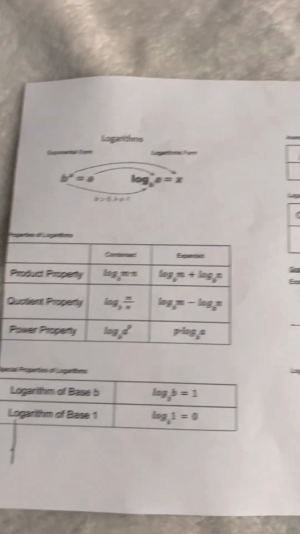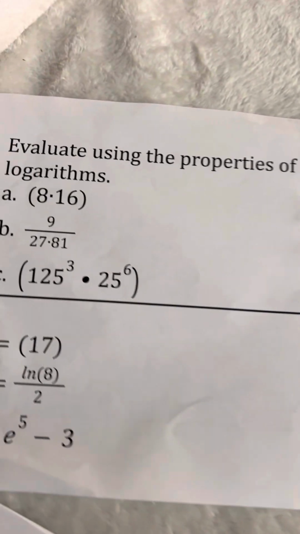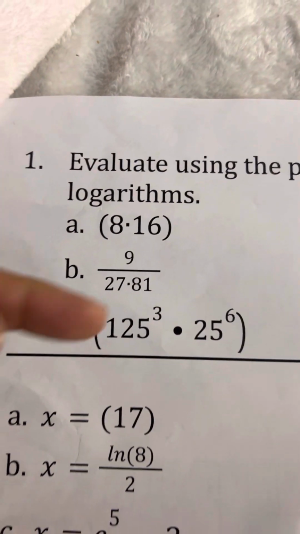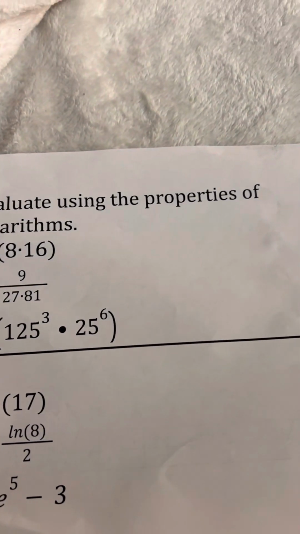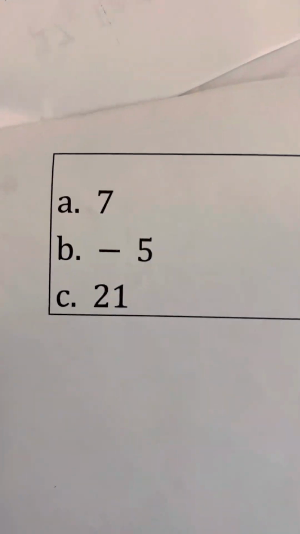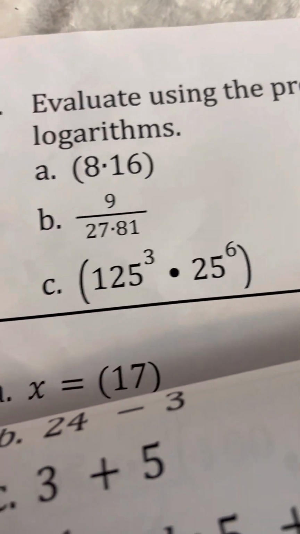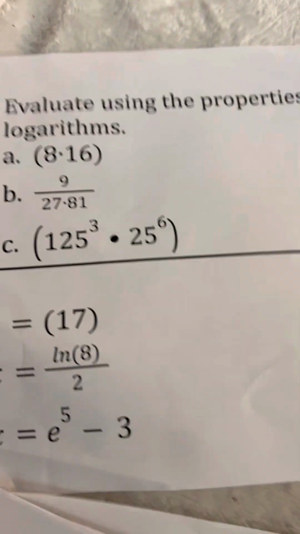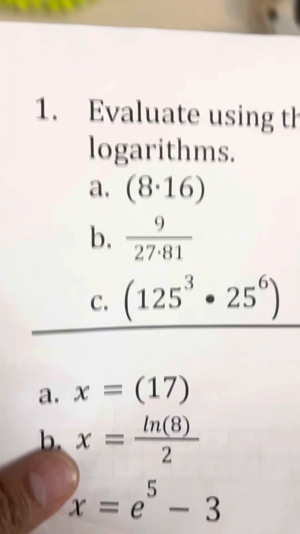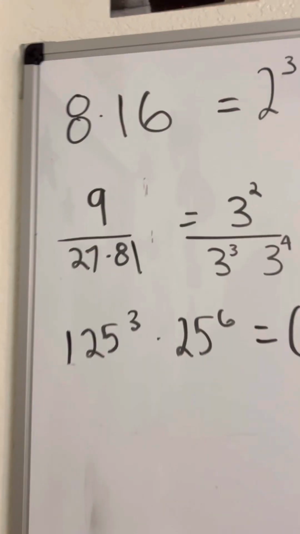So looking at this, it was difficult to understand how that applies to this, especially looking at the answer. The answer was 7 for A, minus 5 for B, and then 21 for C. Now, if we look at this, what my daughter did is she expressed those in terms of